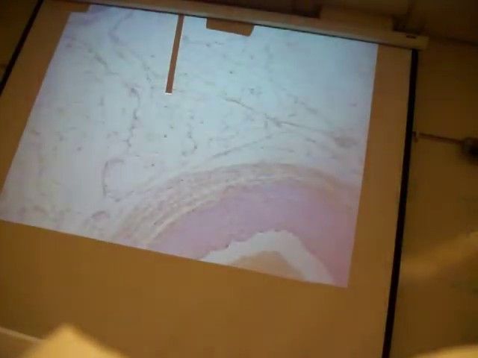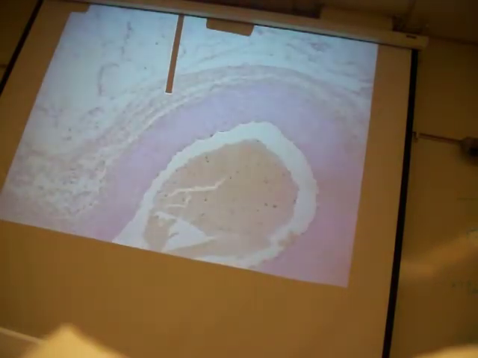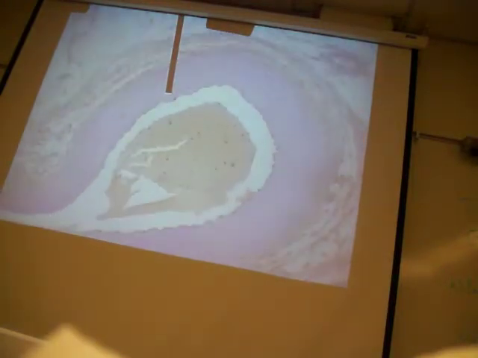And here you can see the adipose tissue around this vessel right here. What kind of vessel is this right here that we're looking at? It's an artery. How can you tell? Tunica media is bigger, right? But also, if you look at the